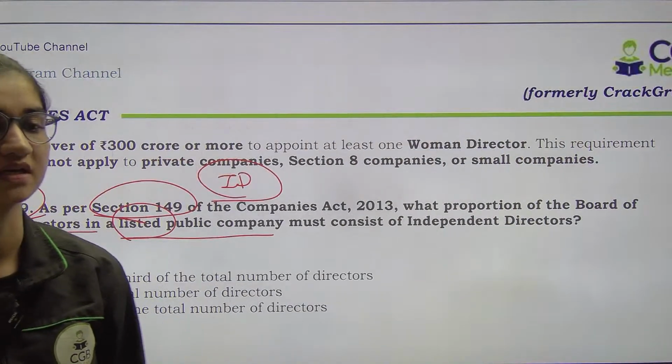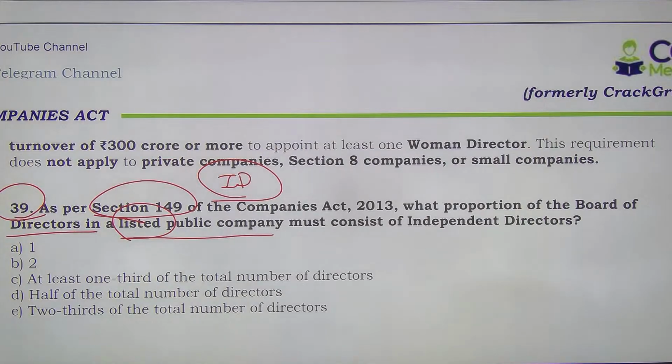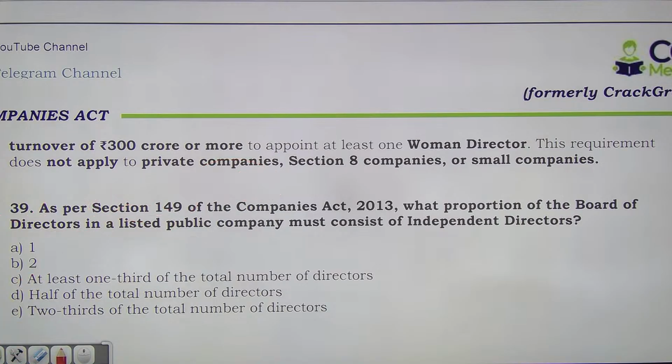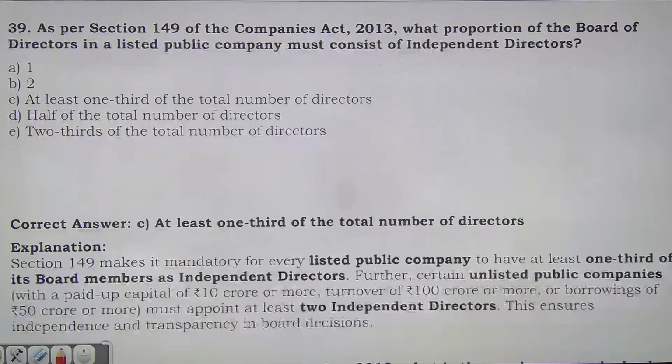Yes, absolutely right. Shivani, you are answering all the questions correctly. So here the answer will be C. At least 1/3 of the total number of directors should be independent directors according to section number 149. Okay. Now we are moving forward to the